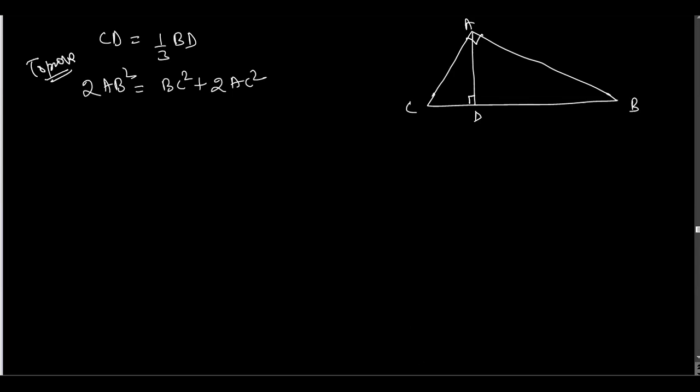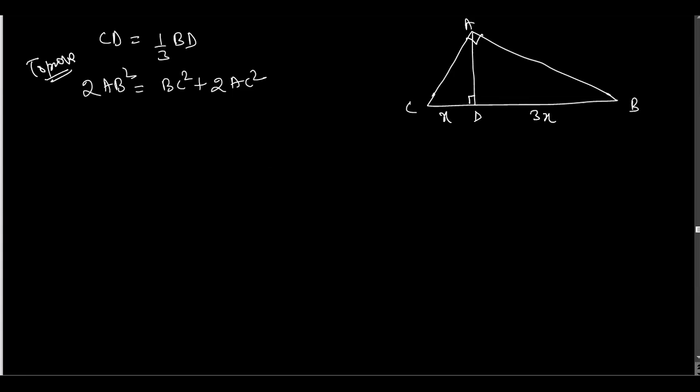Okay. In such type of question, here the ratio of BC to BD is being given to you. Sometimes it happens in a question that you are given the ratio of CD and BC, like in the previous question. In that question we have the ratio of CD and BC, but here we have a simple ratio that CD is equals to 1/3 of BD. So we can write it, if it is X, then it will be 3X.